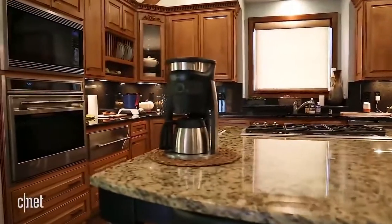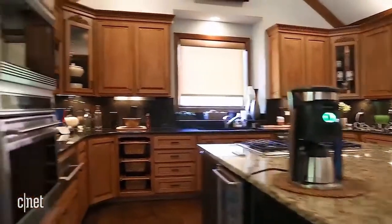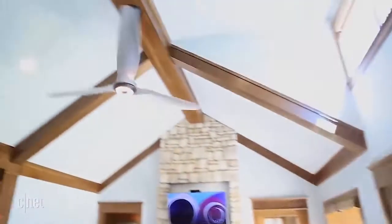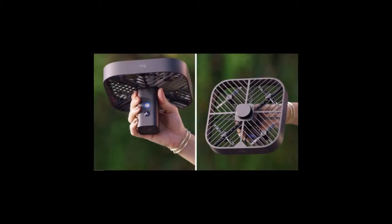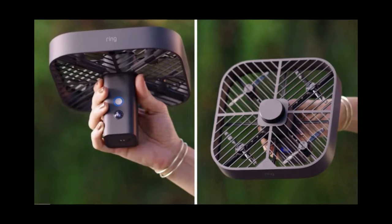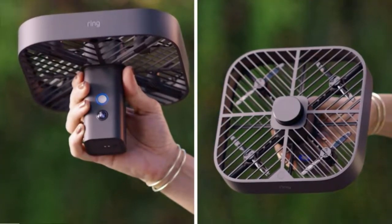Also, to make things easier for you, Ring will also provide you with preset pads, which you can program to signal a part of your home like the kitchen, and you can map out the route one time from the drone's charging port to the preset pad, whereupon it will be saved on the system. The next time you need to see what's happening in your kitchen, like whether you have powered on your gas burner properly or if all lights are switched off, all you have to do is switch on the security drone and click kitchen, and the drone will go on its own and show you the room